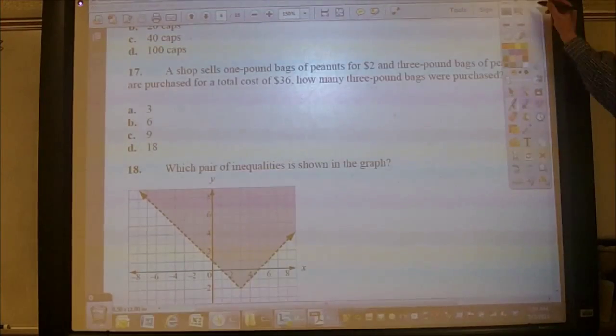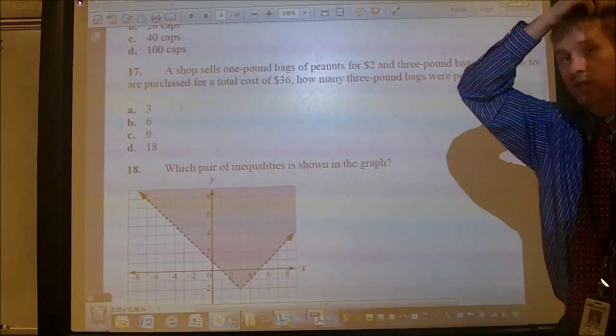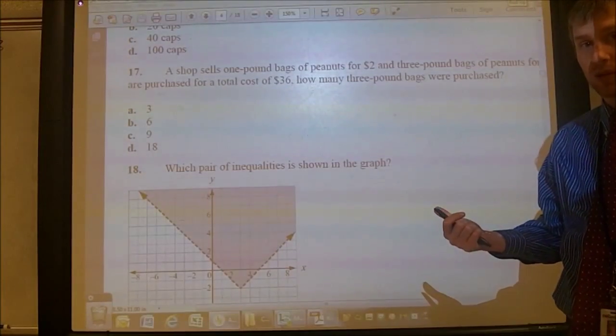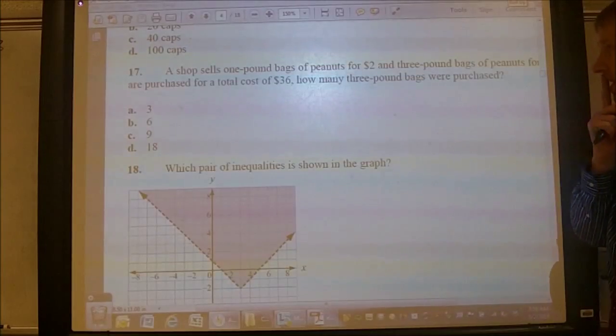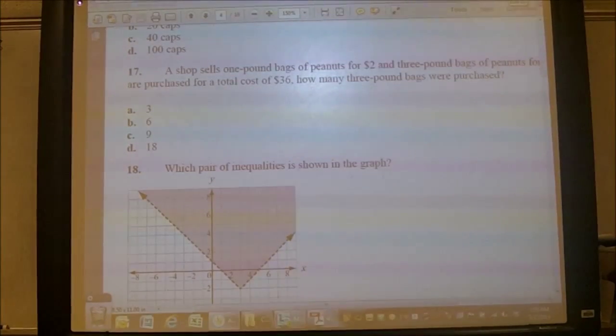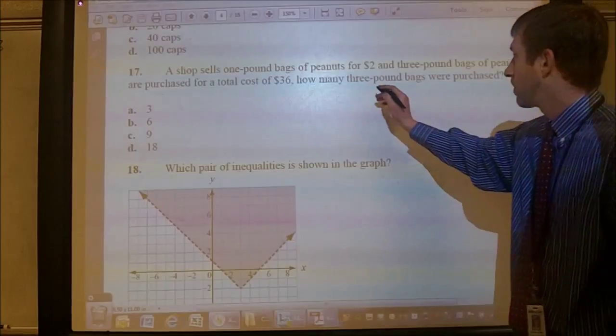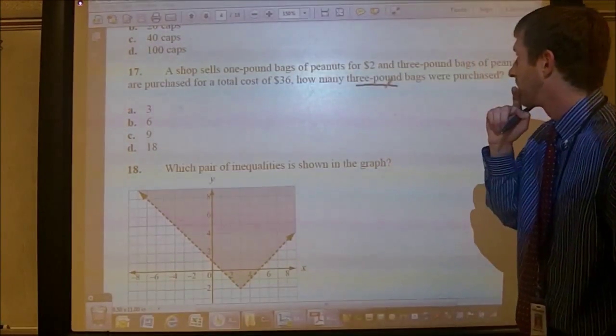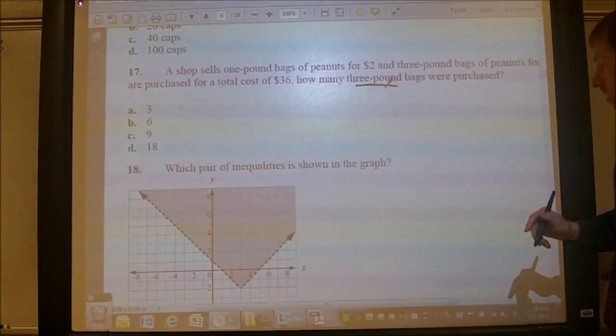Okay, there are a couple of different ways of doing this. You could set up an equation and solve it. But we can think through logically and narrow this down a little bit. It's asking for the 3-pound bags. Remember, 3-pound bags cost $5. They told us there's a total of,